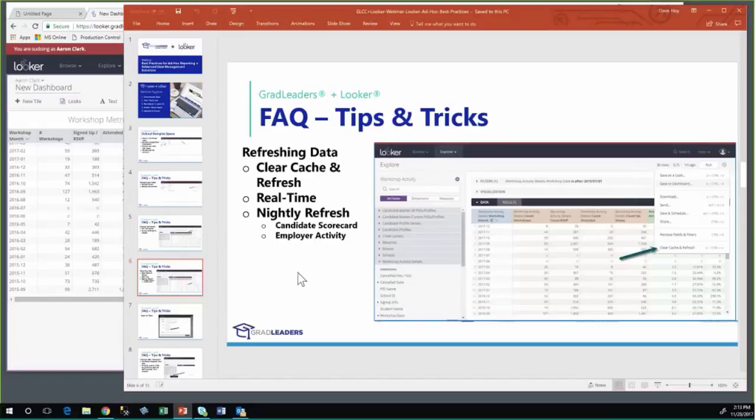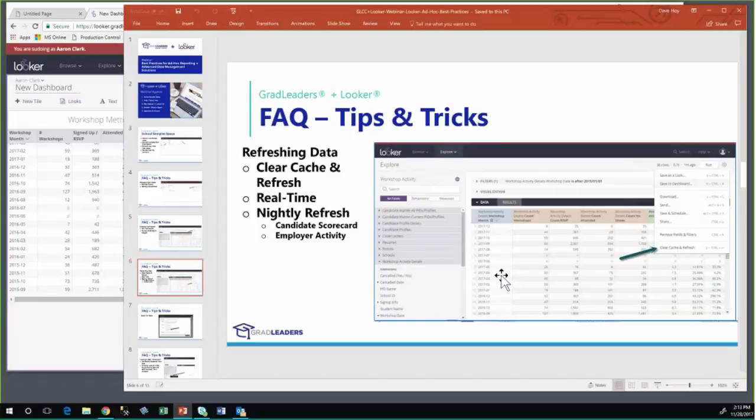And so this is actually a comprehensive list. If you're working with a report and you're changing data in the system at the same time, how soon will those changes be reflected in your Looker report? For almost everything, the answer is on a real-time basis. If you're having things not show up in Looker that you think should be showing up in Looker, it's because